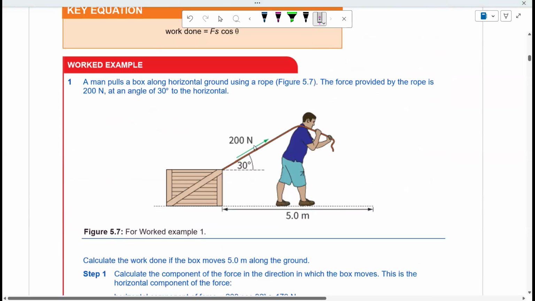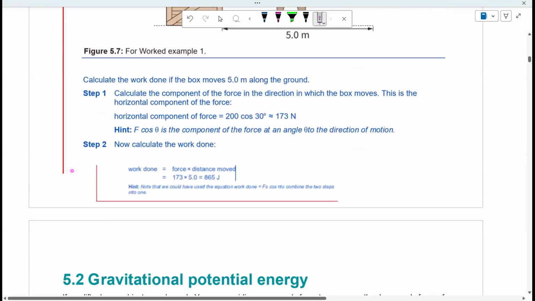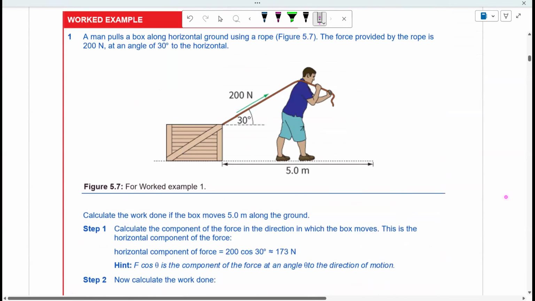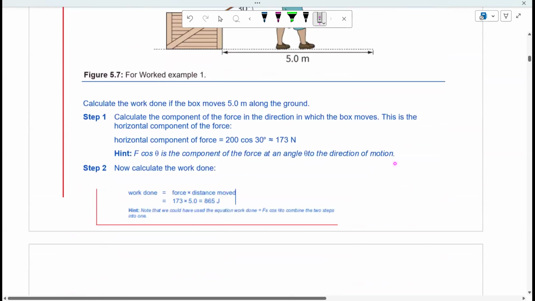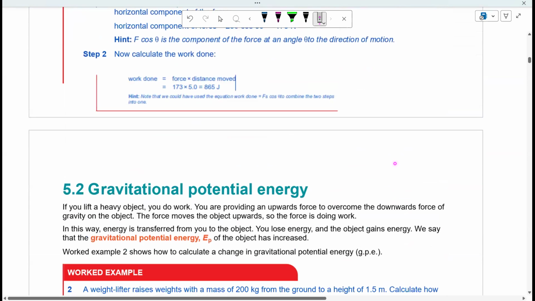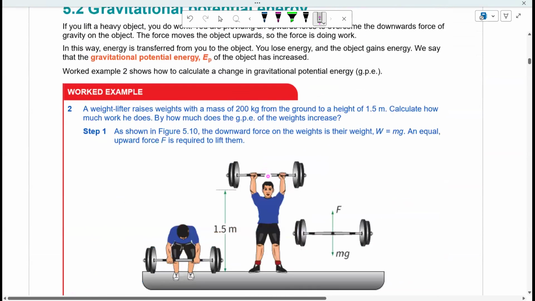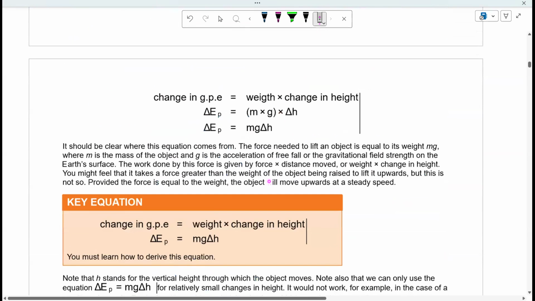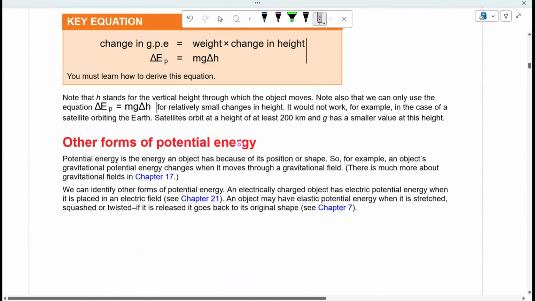If you split this tension into X and Y components, you could see that the active component is cos of theta. Sin of theta is in the opposite direction of weight, so it would cancel out each other. Displacement is already in the X direction, so D cos of theta will be considered for that. It's the force equation, and that gravitational potential energy we have seen. It's equal to mgh, and